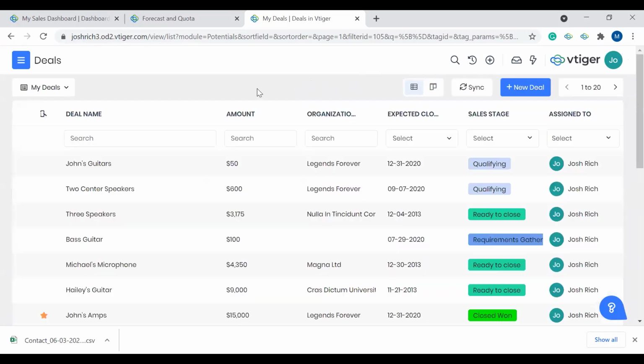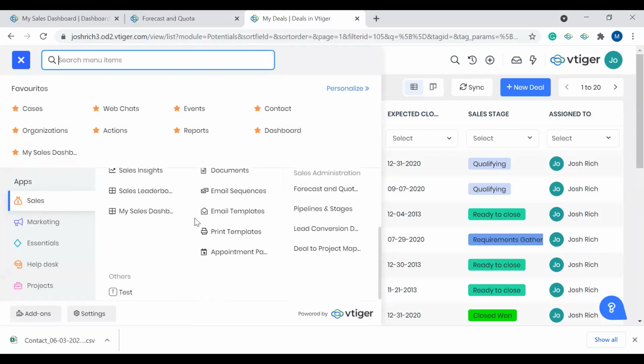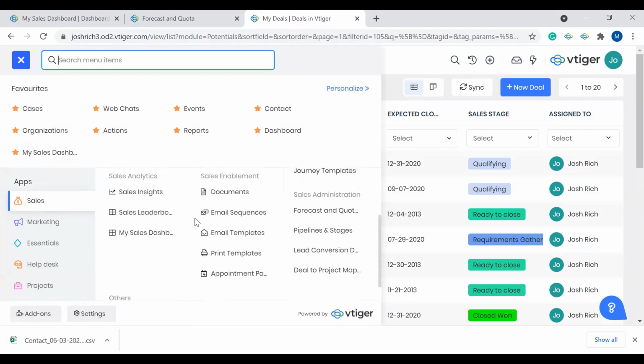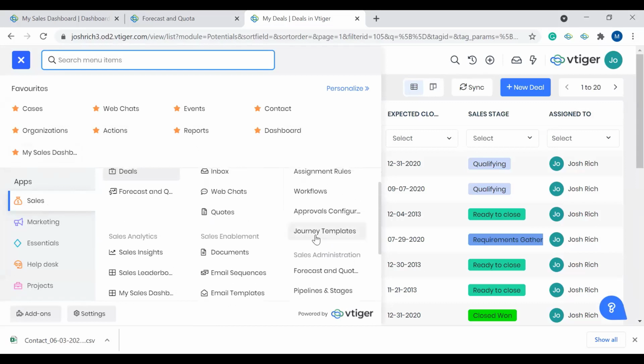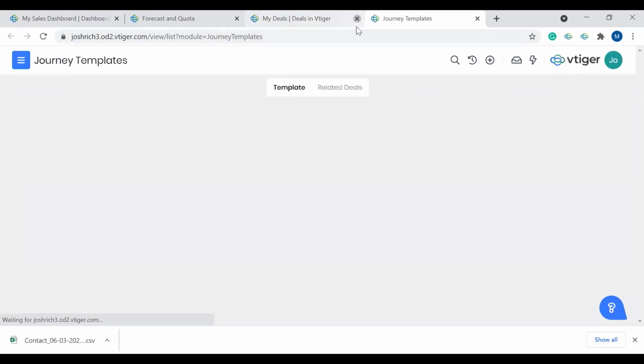So the next one I want to talk about, it's one you may have noticed that pop-up showing for, is a new feature for V9 called Journey Tasks. So once more go into Menu, Sales, then we'll scroll down a little bit until we find Journey Templates, right-hand side under Automation. So clicking there,